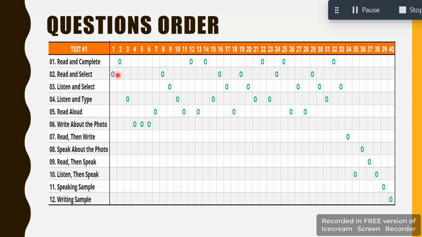Most of the time the test will start with read and complete, read and select, listen and type, or read aloud. And in the middle you will have write about the photo, read then write, speak about the photo, and at the end